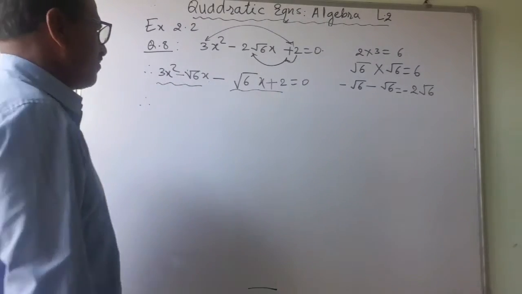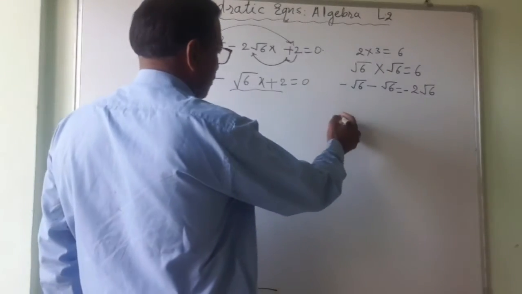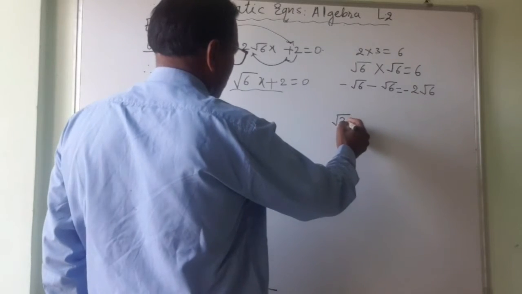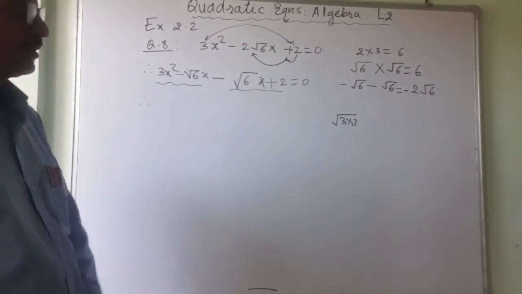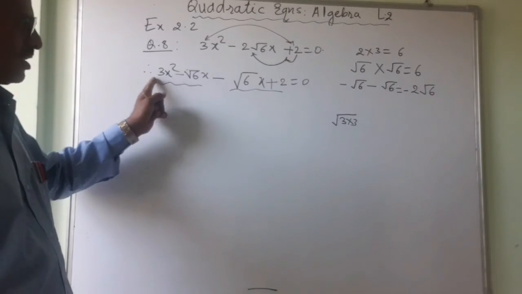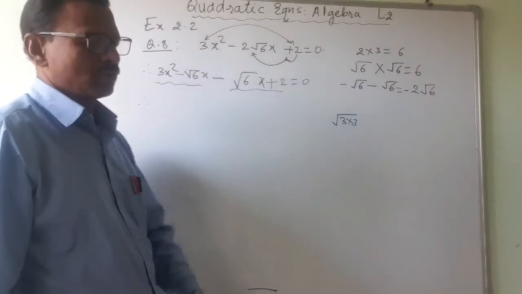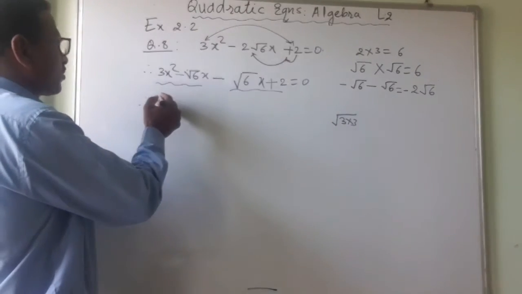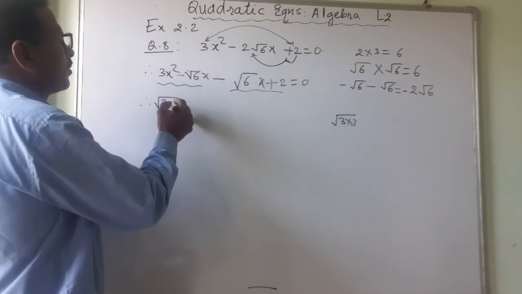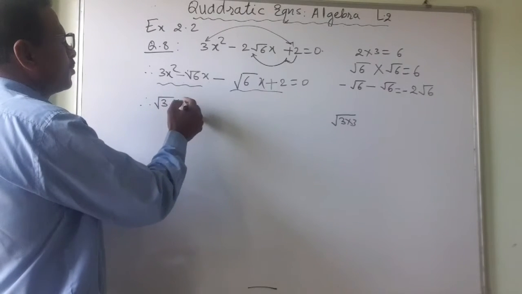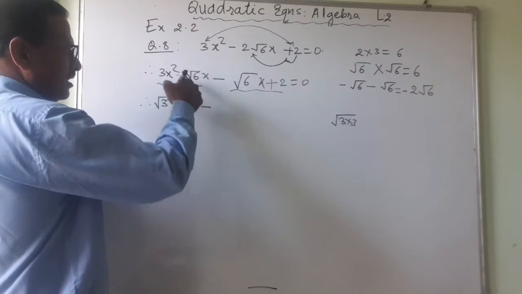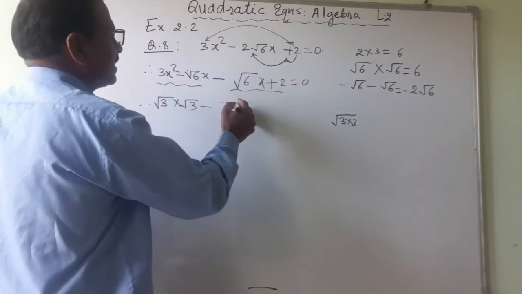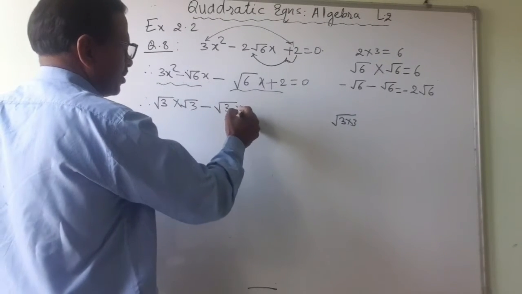This 3 means if I write root 3 into root 3, it will be 3. For this 3, I will write root 3 into root 3. So, I will write this root 3 into root 3. That means 3 minus this root 6 is nothing but root 3 into root 2